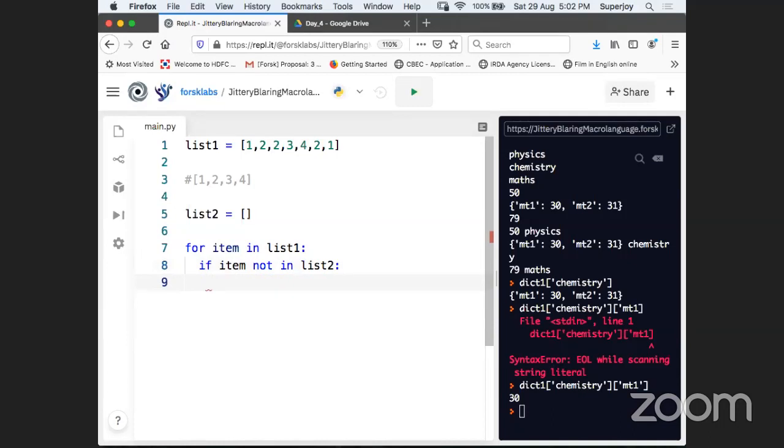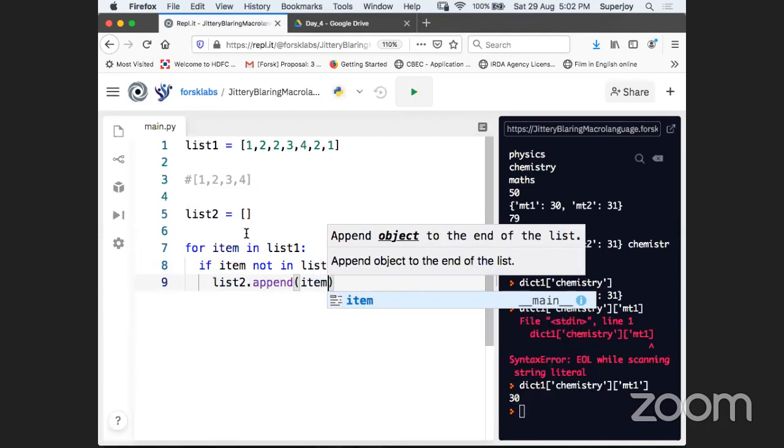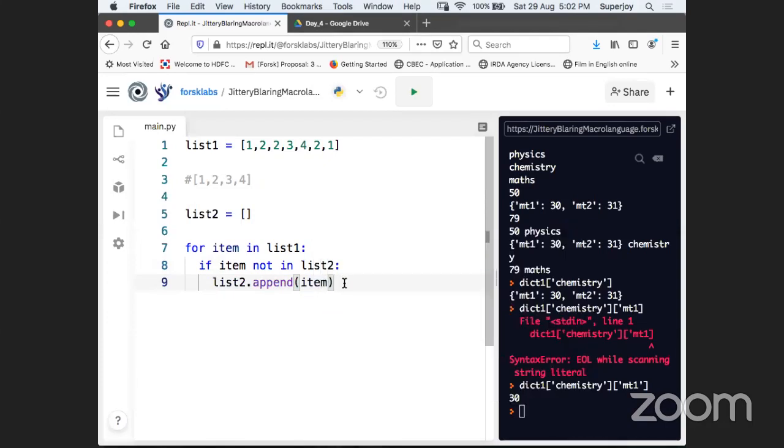I'm just checking if the item is not in list 2, then I have to append that item into list 2. This way, I will always add the distinct item only. Because if that item is already added in list 2, this condition will become false and it will not append the item.